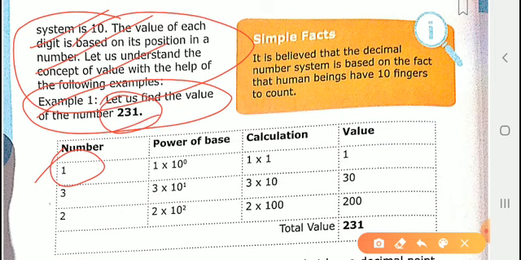Now, what is the binary number system? The binary number system has only two digits, either 0 or 1. Some examples of binary numbers are 11101, 101111, 1010, etc. The binary number system is also called the base 2 number system because the computer understands it. This binary number system is used in computers only. A computer is a digital thing, and it only accepts 0 and 1. So we use the binary system in the computer system only.